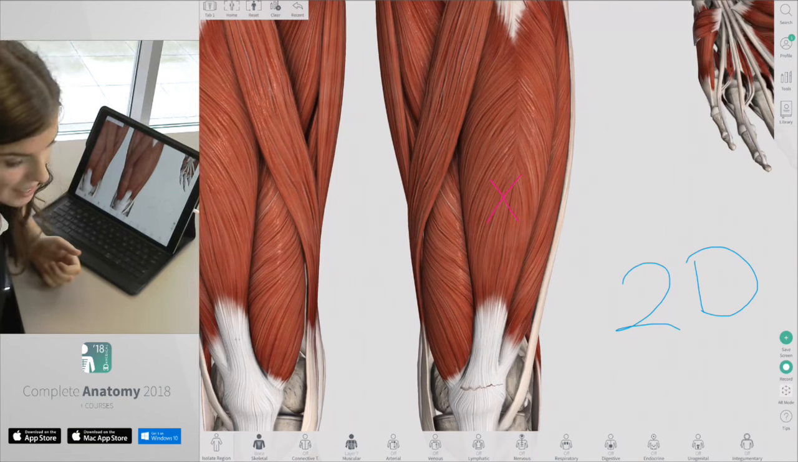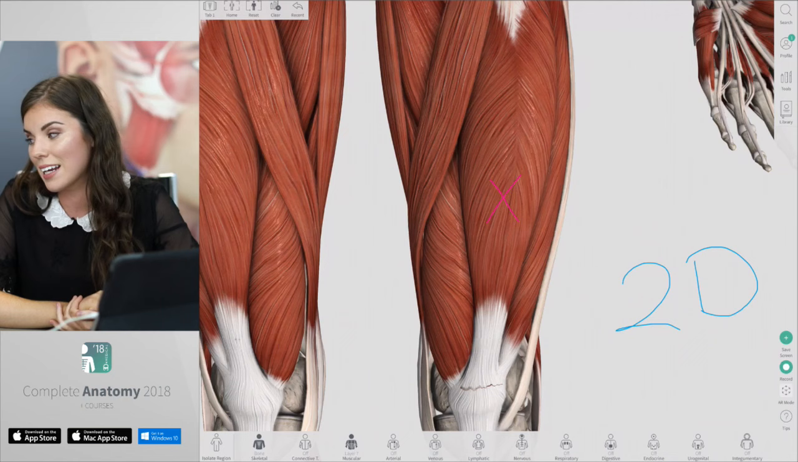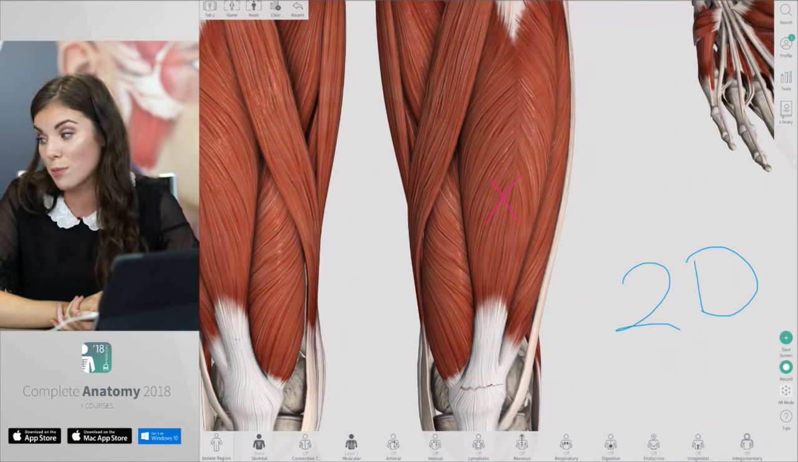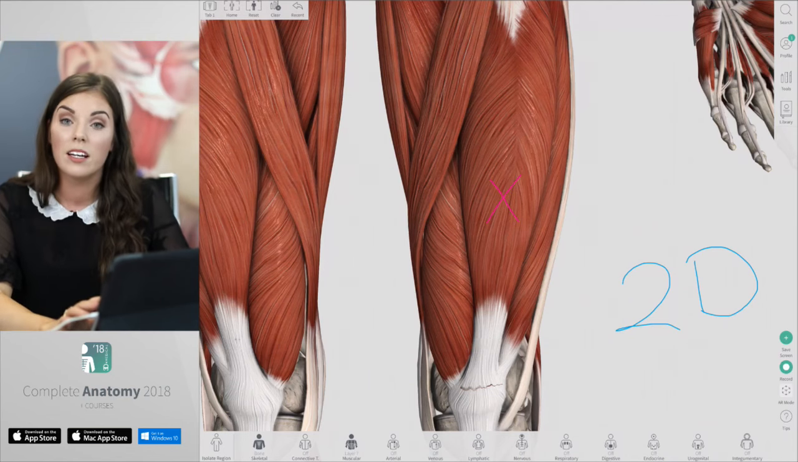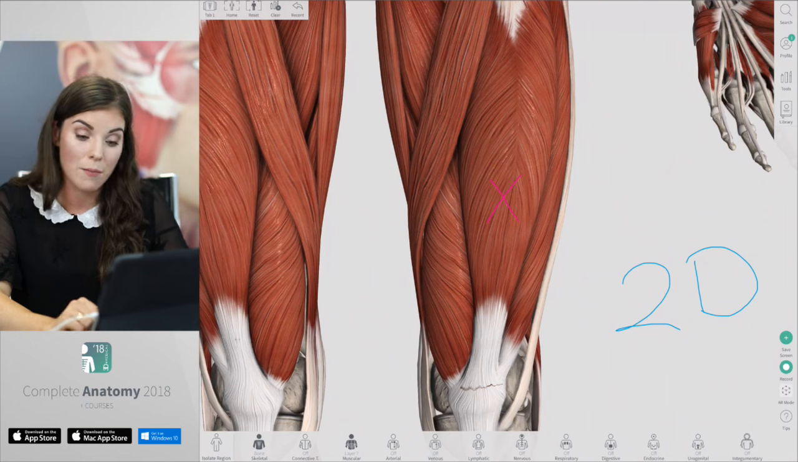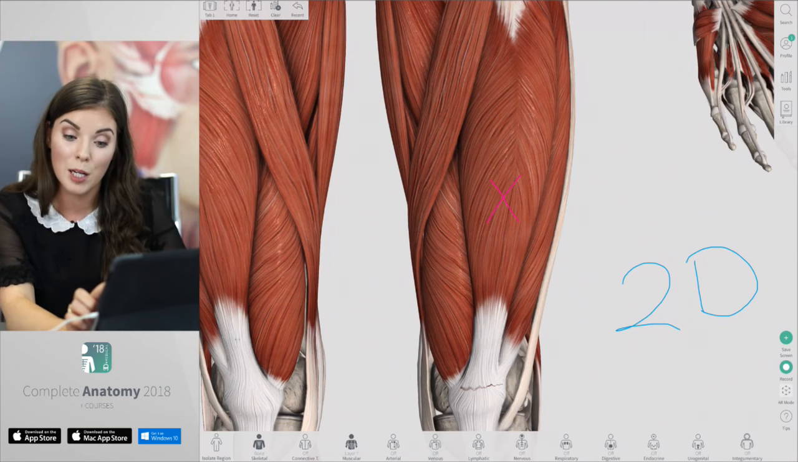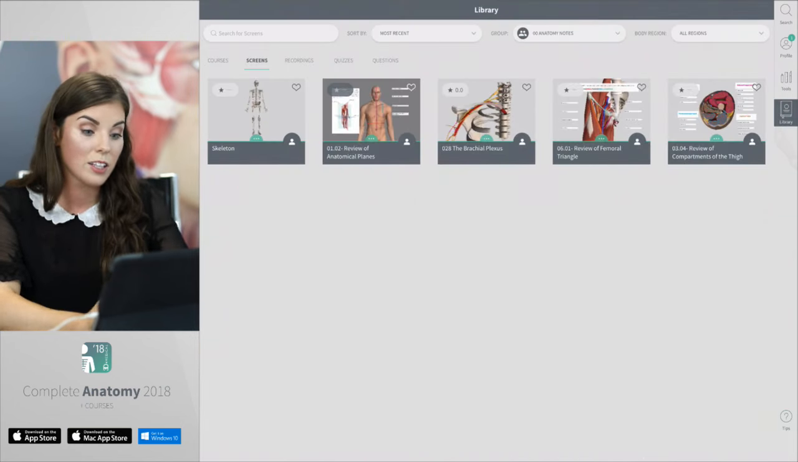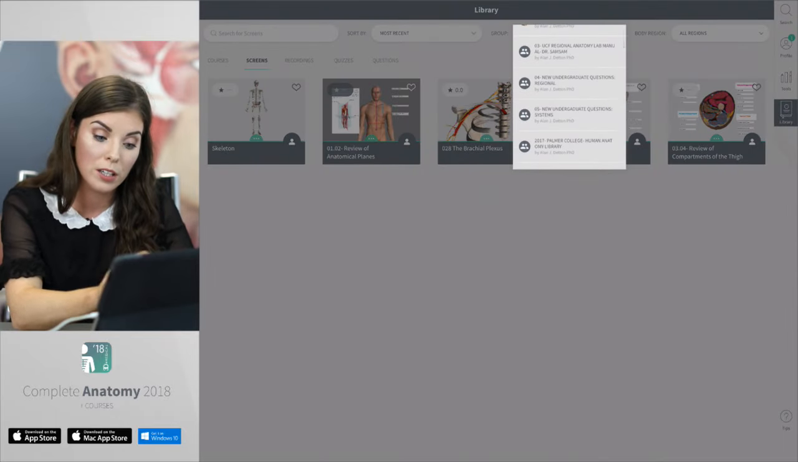I have a question from Steve. He asked, how can I get access to the undergraduate human anatomy courses? The courses are available in the library. So if you select the library on the right hand side and then you change the group to View from the 3D for Medical group,